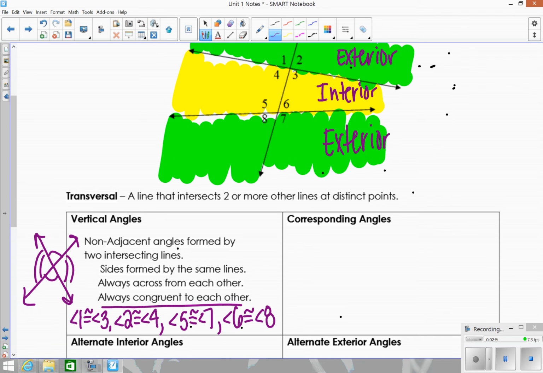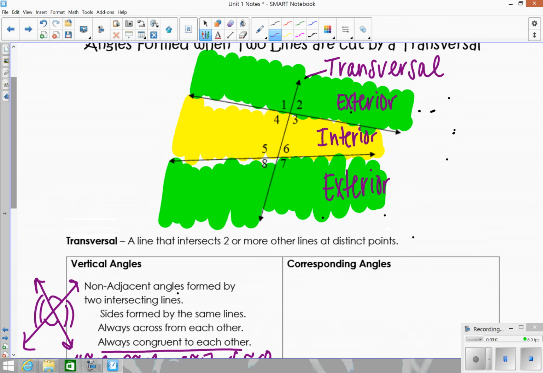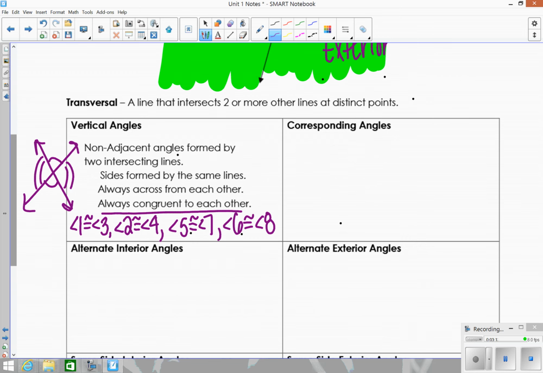So the next set of angles that we're going to talk about only occur when you have a picture with two lines being cut by a transversal. So meaning you have to have a picture similar to this, two lines and a transversal. So the first set we're going to talk about are corresponding angles. So the way I think about corresponding is I think about corresponding as it's what matches up with each other. So angles, they're going to be angles that match up